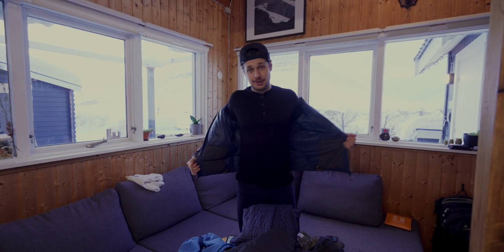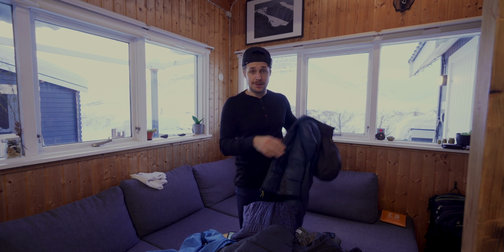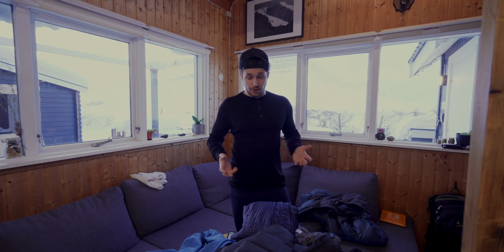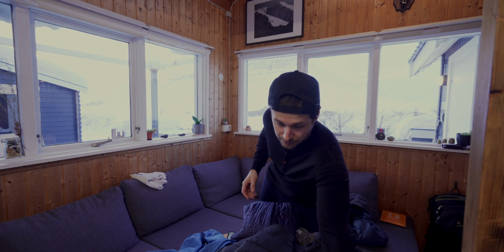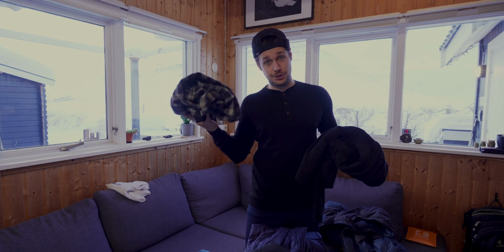And so basically this is enough clothes for me most of the time, but if let's say you are a person who gets cold very easily, or you know that you won't be moving around too much, and you'll be just mostly standing around with the camera and stuff, what I would recommend is either bringing a second thermal layer, for example a turtleneck shirt, or you can keep it very casual and simply bring a regular hoodie or a warm flannel shirt,